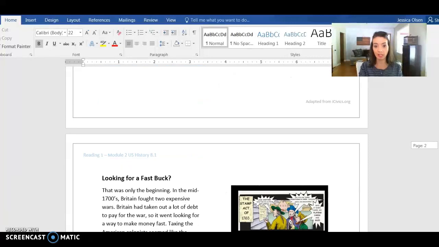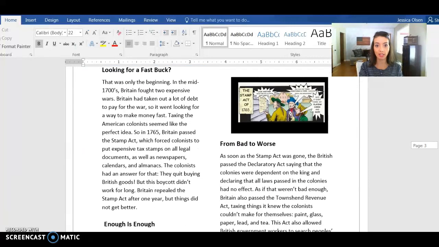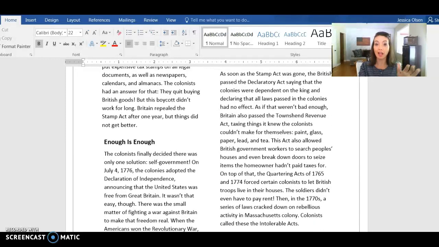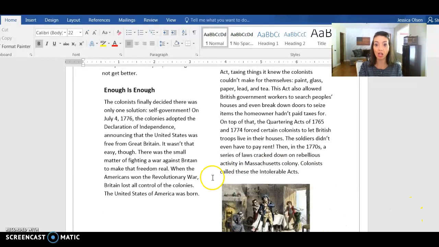And scrolling down, there's another page. Okay. This is about a law that the colonists did not want to follow because they were being taxed really heavily from Britain. And so you're going to want to pay attention to that one, of course. And then there are a couple of other laws, acts. Another name for a law is an act that you are going to find, especially in this last paragraph here. So the very last sentence, it says colonists called these the intolerable acts.